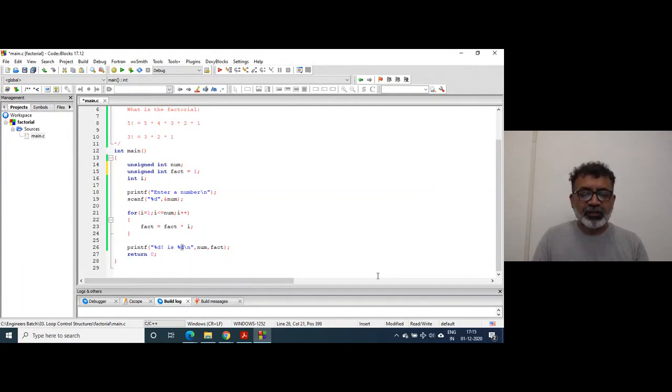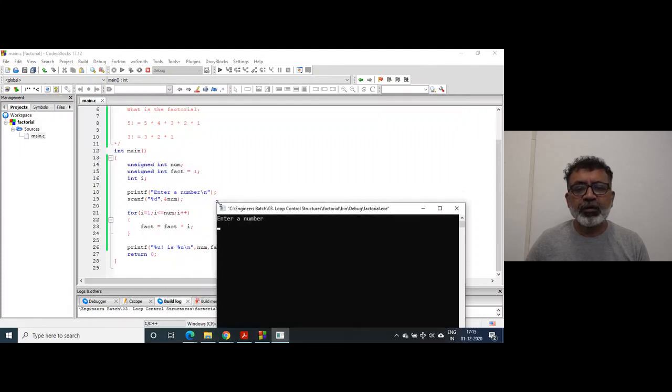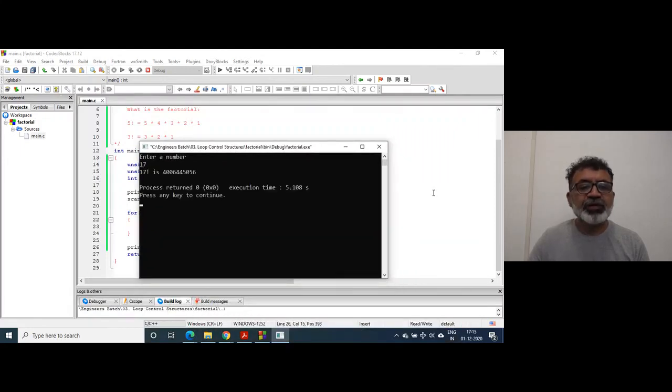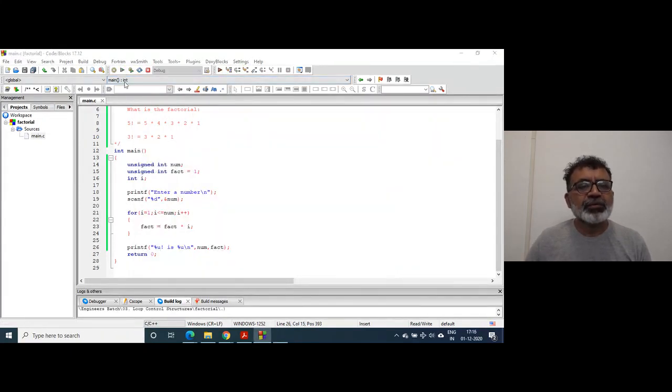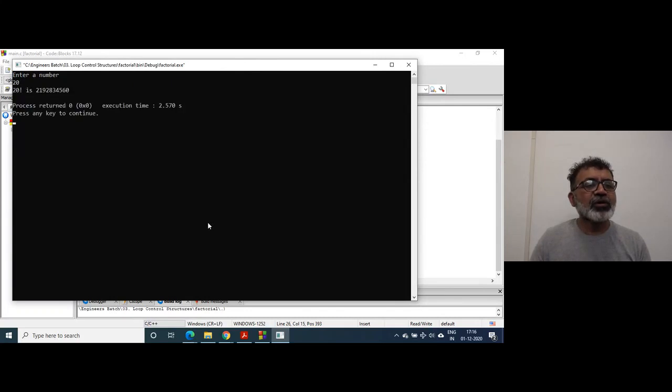You have to change the format specifier to %u here, and here also %u. So let's check. Earlier we were not getting 17 factorial. So suppose 17. Yes, you get that, right? But again, there is no guarantee that you will get 20 or not. Yes, 20 factorial you are getting, right?